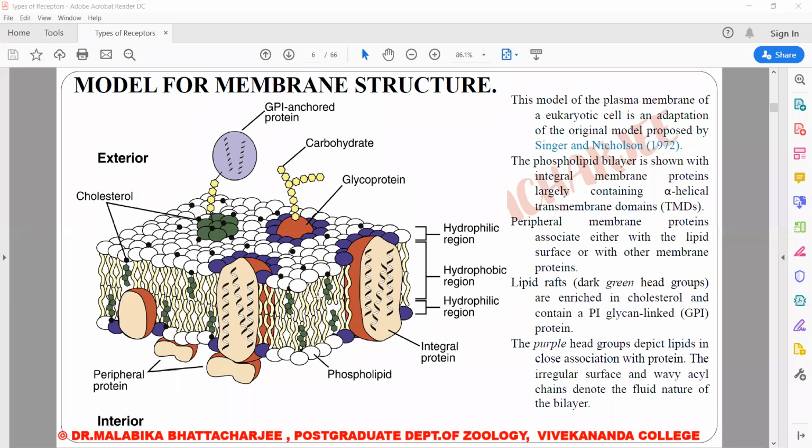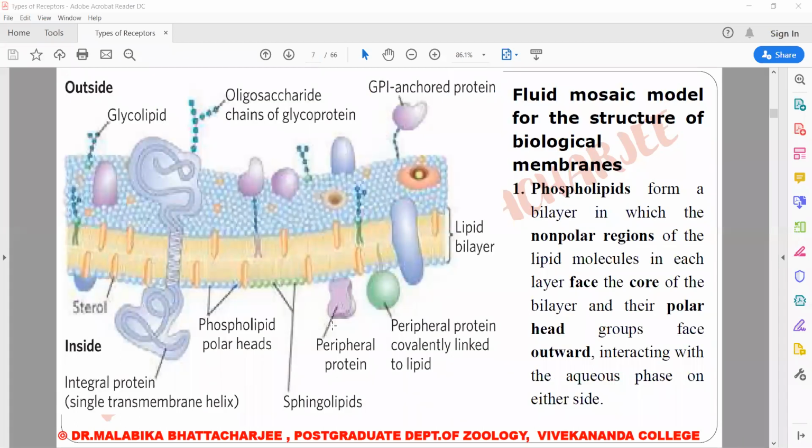In fact, when we had studied receptors, I had told you that they exist as monomers, and the receptors can move through the plane of the membrane when a ligand approaches towards the receptors. So the wavy nature of the bilayer actually signifies that molecular movement is allowed in the plane of the membrane. Now let's take up the individual parts of the membrane one by one.